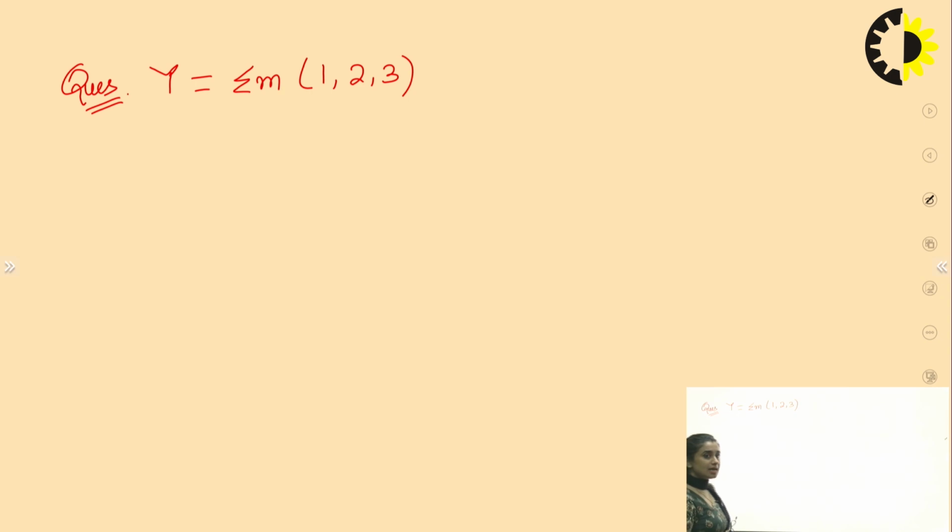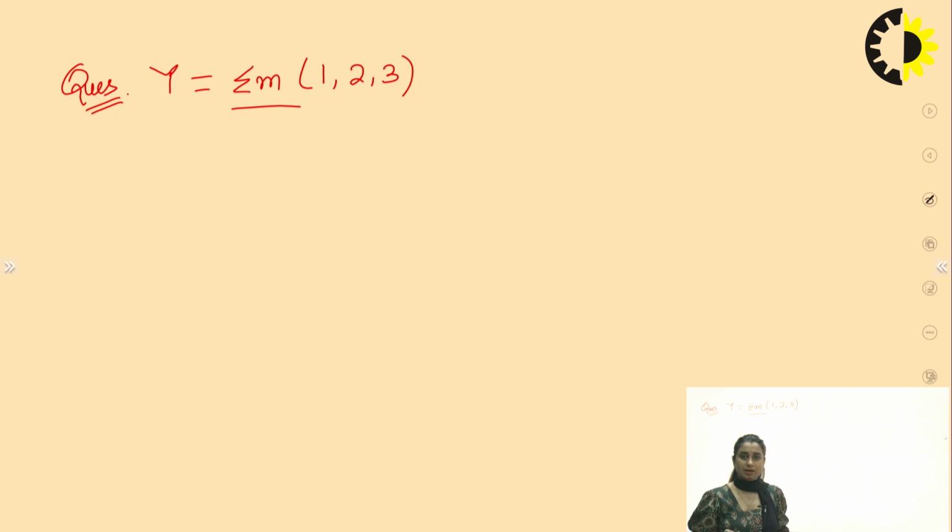The first task they need to do is to identify whether this is a 2-variable question, a 3-variable question, or a 4-variable question, which we have not taken so far, but we'll be talking about it further. So first we need to identify whether it is a 2-variable question or not, and whether this expression is in the form of SOP or POS. So let me tell you how we do it. By seeing this summation m, we are pretty sure that this is the SOP representation, which is sum of products.